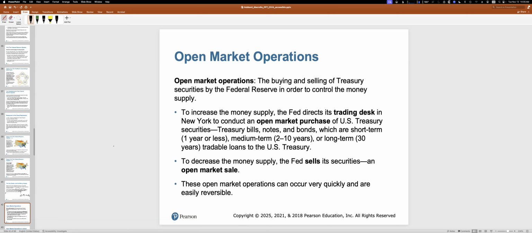So these open market operations tend to be the two here of the purchase and sale. So what we're saying here is that they buy and sell existing government securities, government bonds, essentially. So they buy and sell bonds, notes and bills, treasury bills. So they buy and sell U.S. government debt. If they buy it,